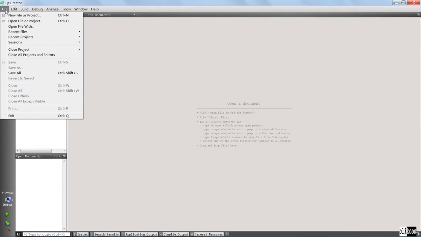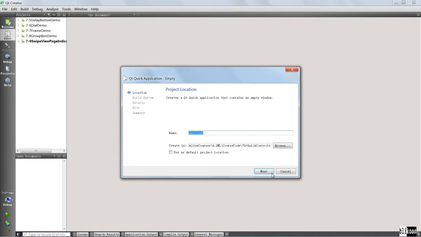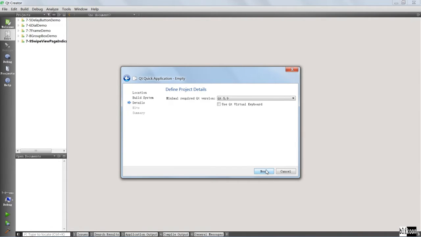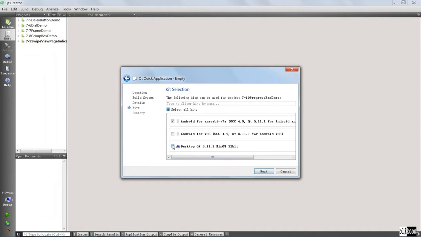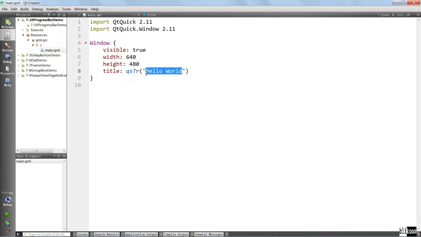Okay, here we are in Qt Creator. We're going to create our project. It's a Qt Quick application. We're going to call it ProgressBar Demo. Save it in the usual location. Hit Next. Choose your Qt version and choose your desktop kit. We are going to change the title here and say ProgressBar